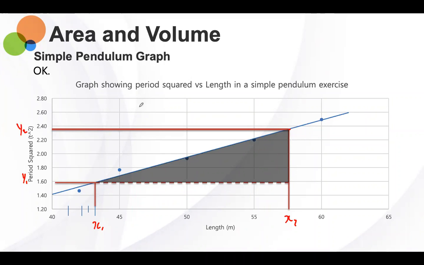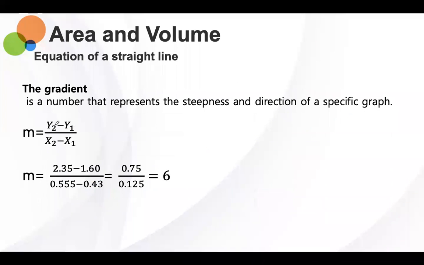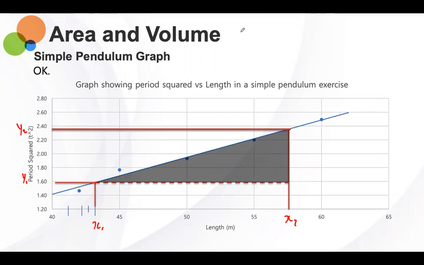We take 2 arbitrary points on the graph, this point here and this point here, and we compare them to see how steep the graph is. Is that clear? Yes, sir. All right, so this is our formula: y2 minus y1 over x2 minus x1. So m, which is our gradient,